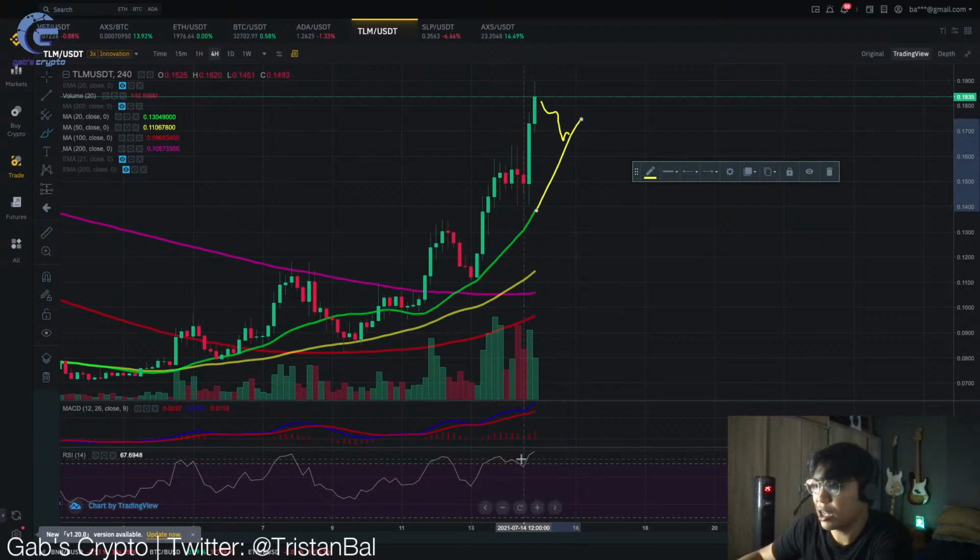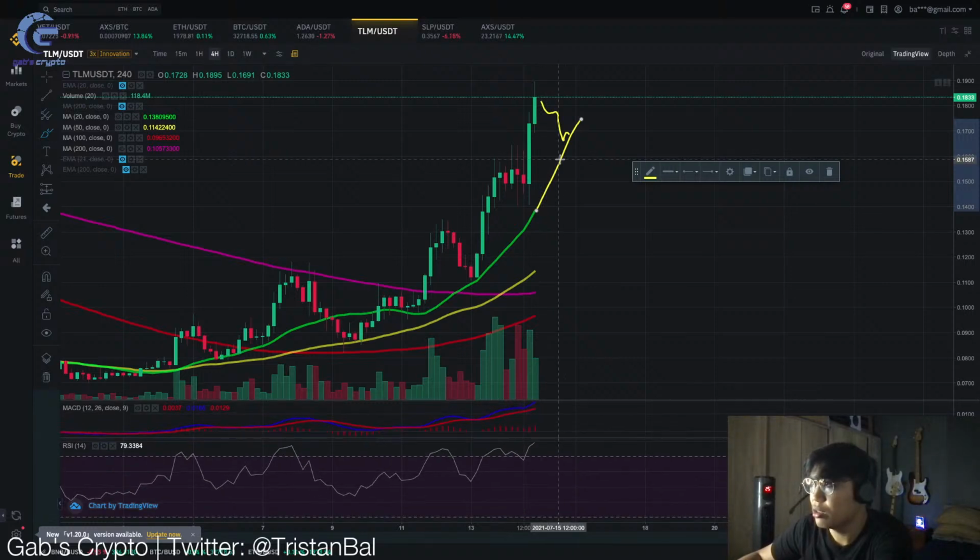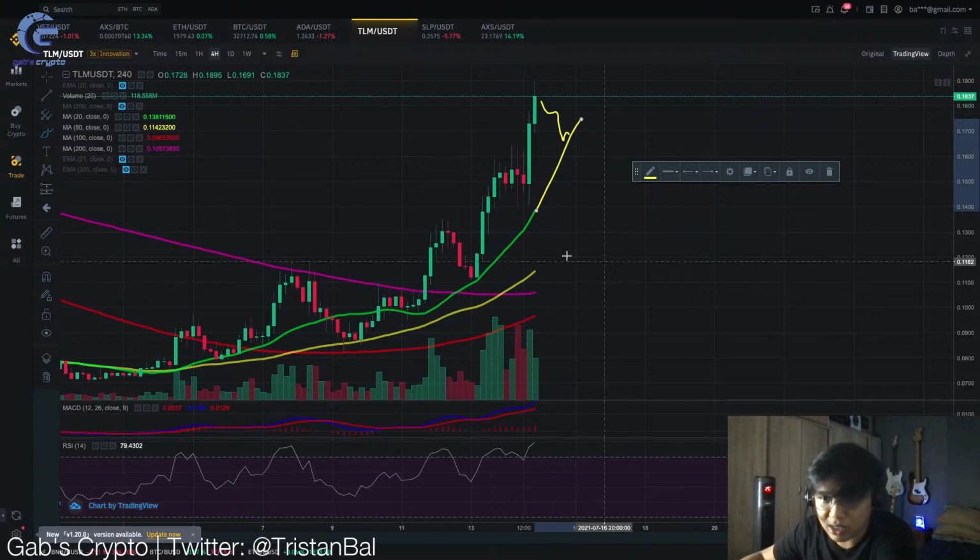Pero since wala pa tayong bearish signals dito other than the RSI being overbought, this would indicate na magkakaroon tayo ng pullback pero hindi dump. Possible pero unlikely pa yung dump kasi wala pa tayong bearish divergence, pero overbought siya so possible na magpo-pullback pa din regardless. So that's for the short term kay TLM. You need to understand na what goes up must come down. Pero in order to have a major dump, kailangan niya ng bearish divergence and somehow more bearish patterns and signals. Let's look at VeChain.